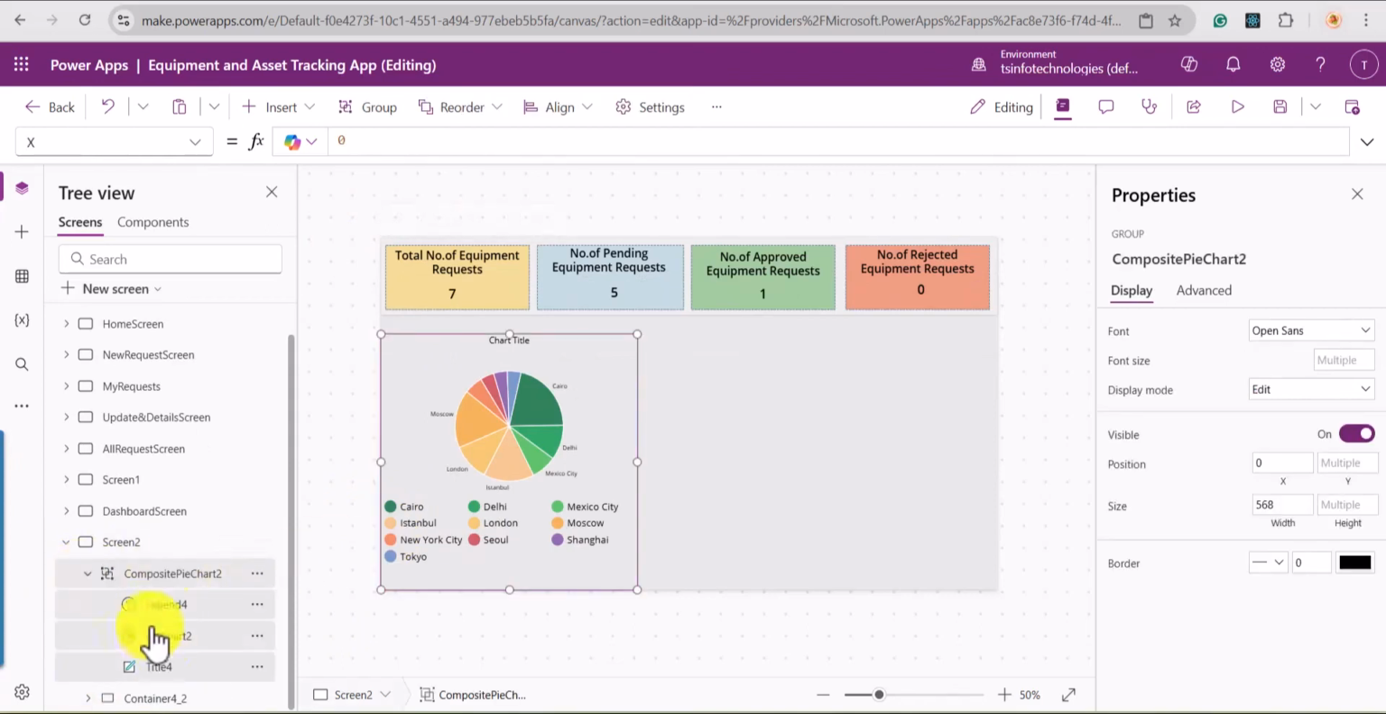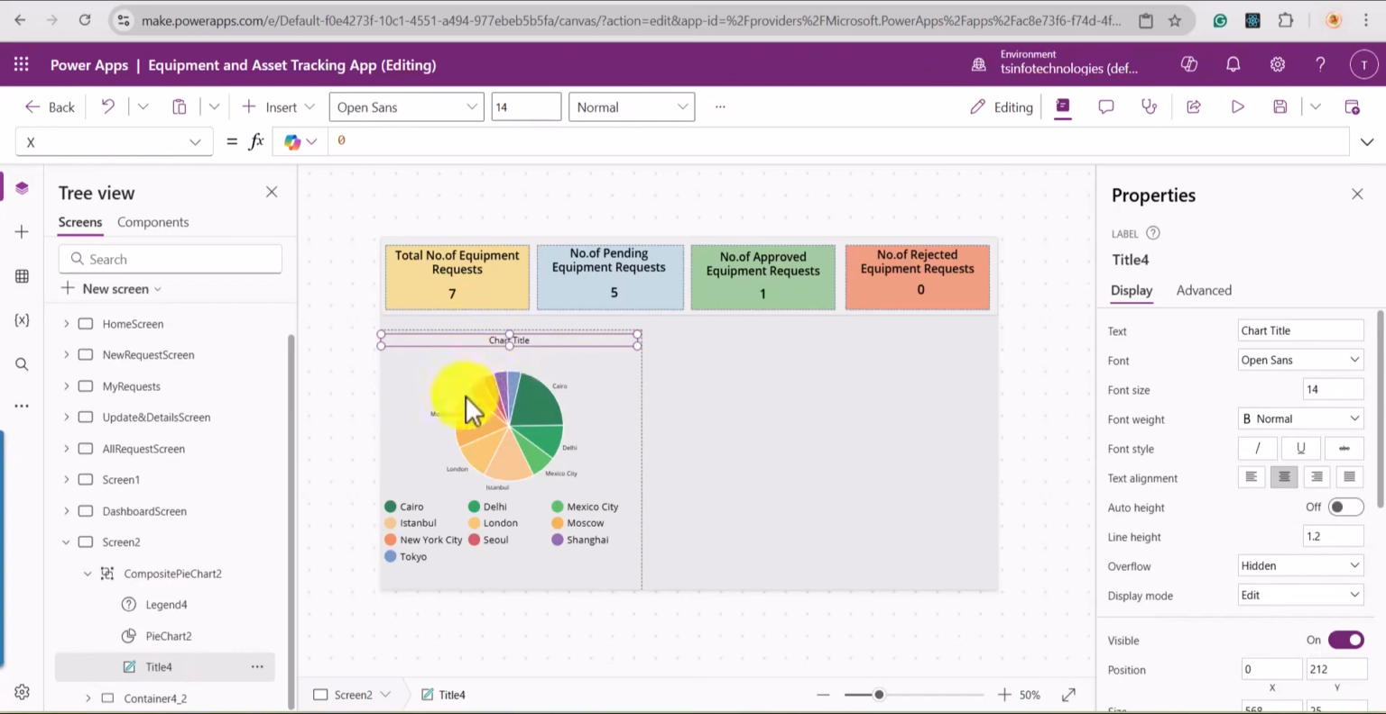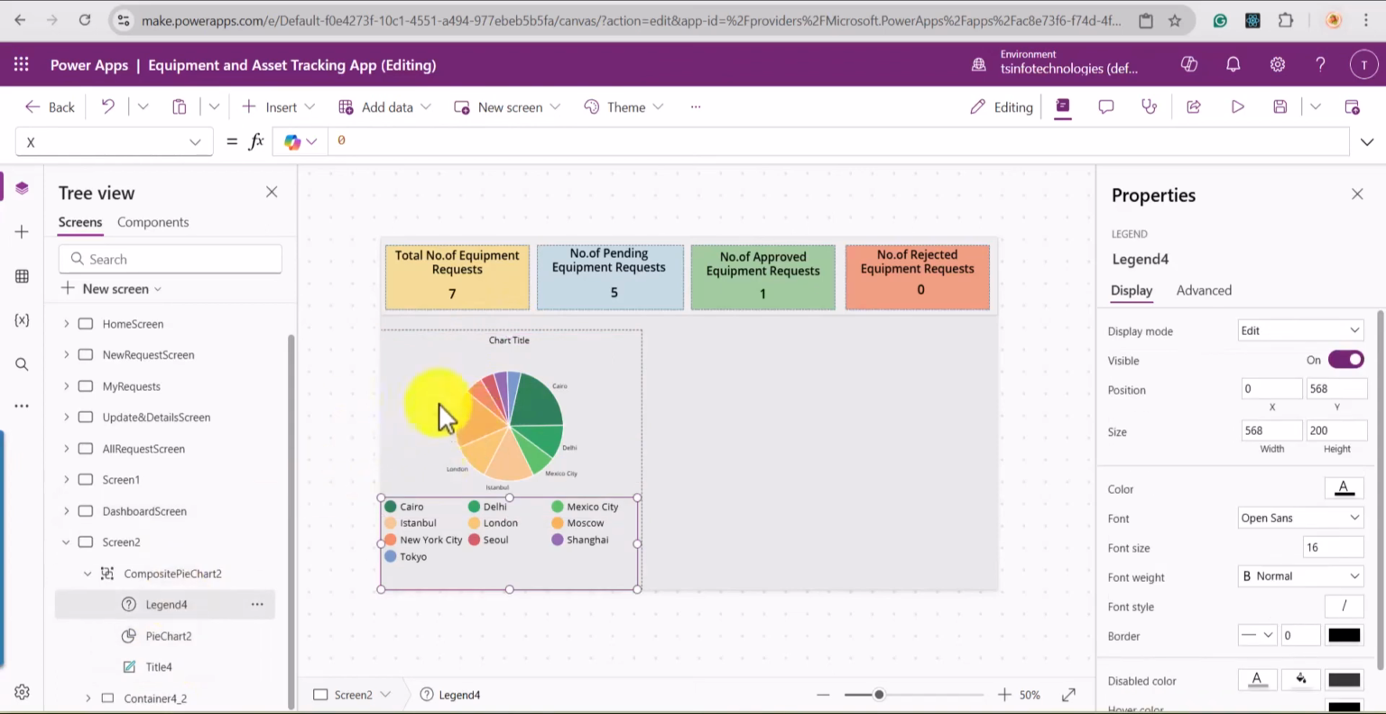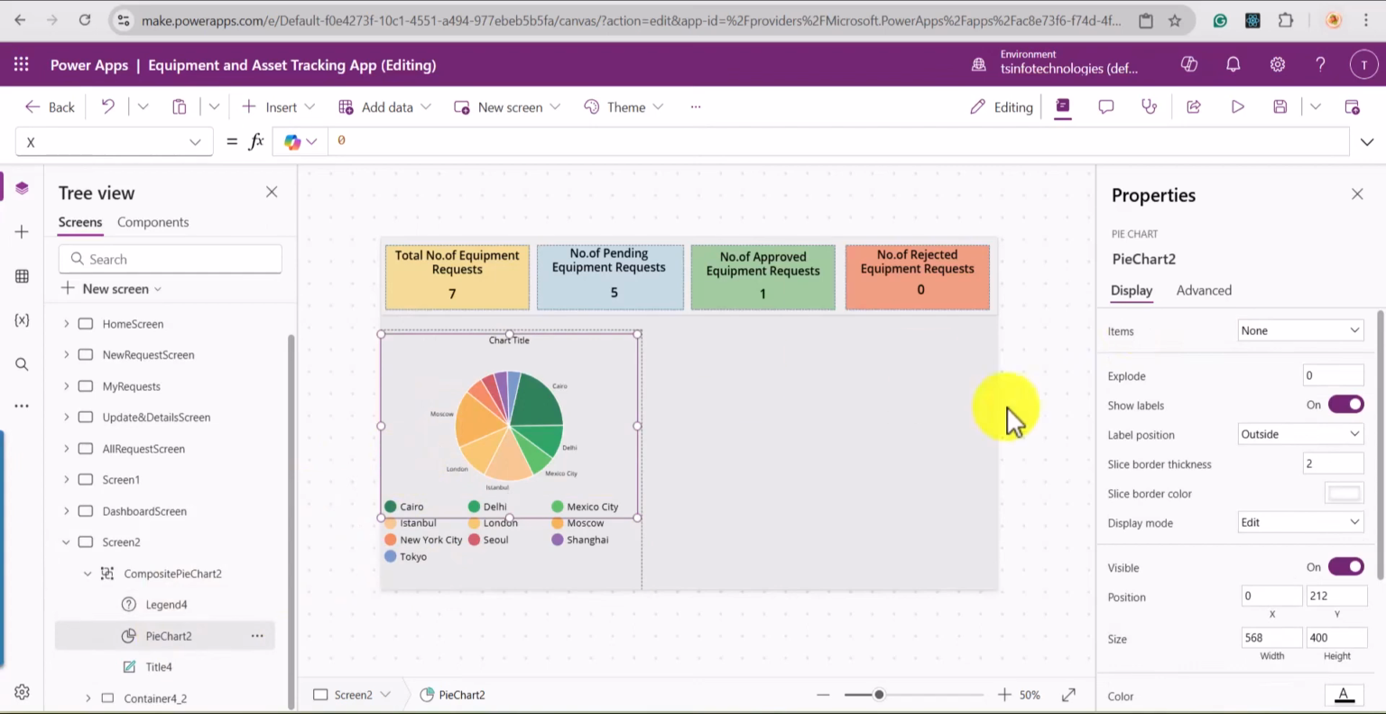Now let me show you this one. I have added a pie chart, which is a group. It contains three elements. One is this title, which displays the pie chart title, then this is the pie chart one, and this legend is displaying the usage of each color. Now if we click on this pie chart 2,